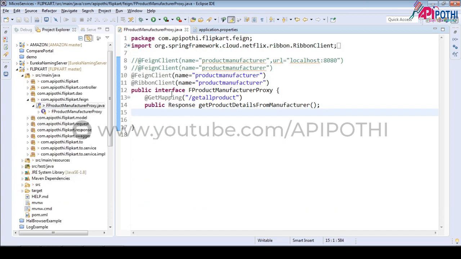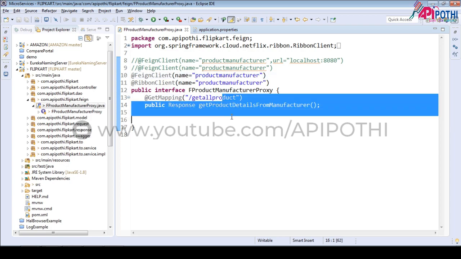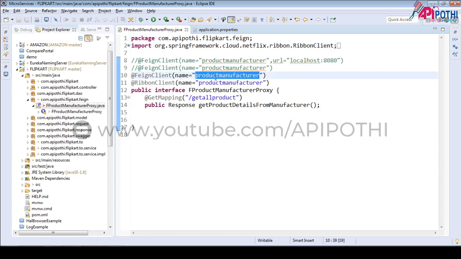So this is the application name of the API gateway. Earlier the Feign client was saying that this API is running inside the product manufacturer. Now the Feign client is changing the statement, saying that no, this API is not running inside the product manufacturer, this API is running in the API gateway. Done.